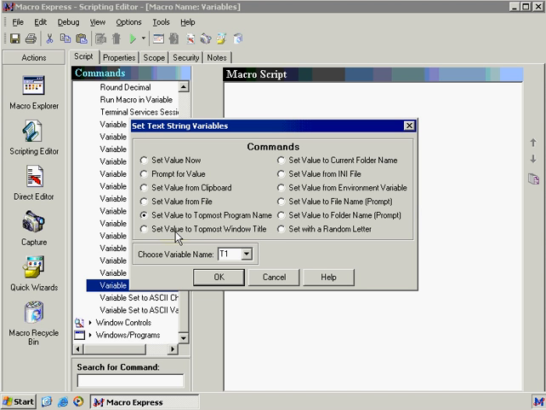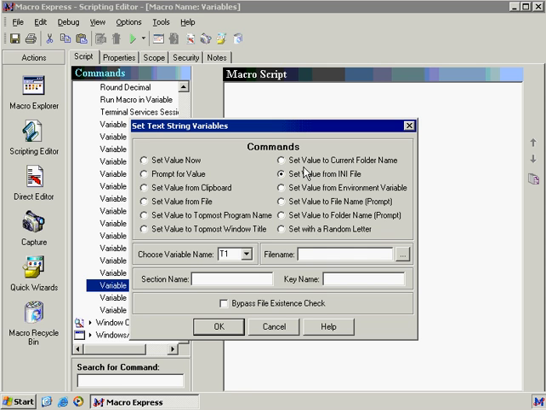After that, we have the set value to topmost window title, which means that whatever window seems to be on top at the time, we'll select that window title for the variable. The set value to current folder name means that if we have a folder open, it will set the string to that folder name. The set value from any file means that we can create an ini file and store